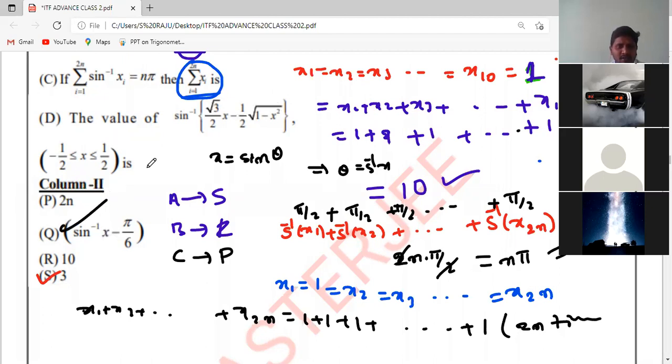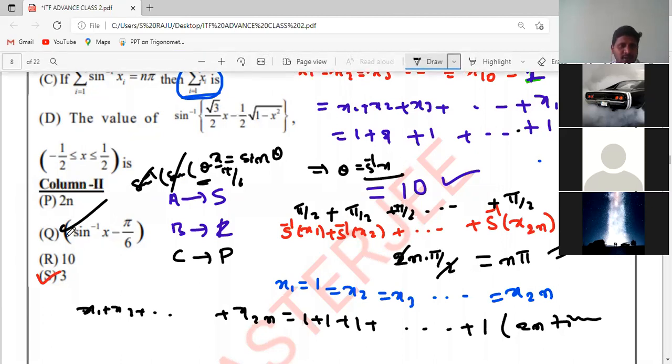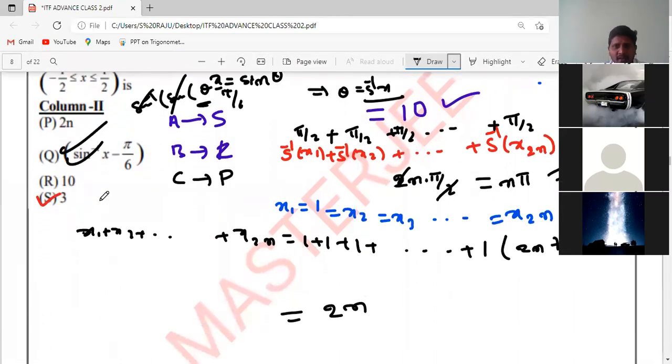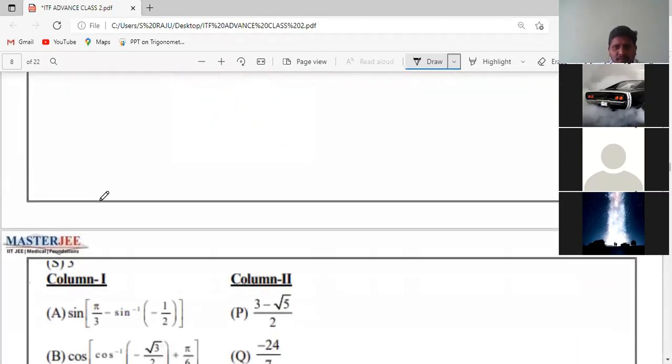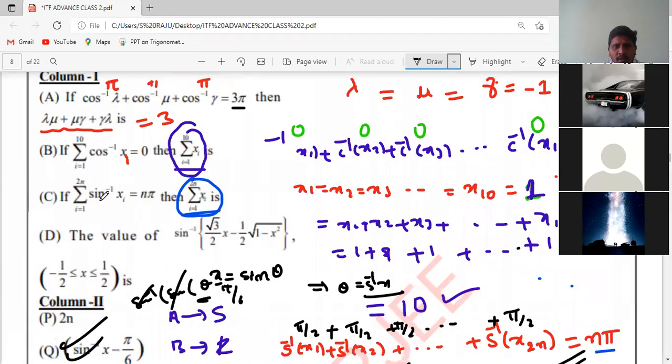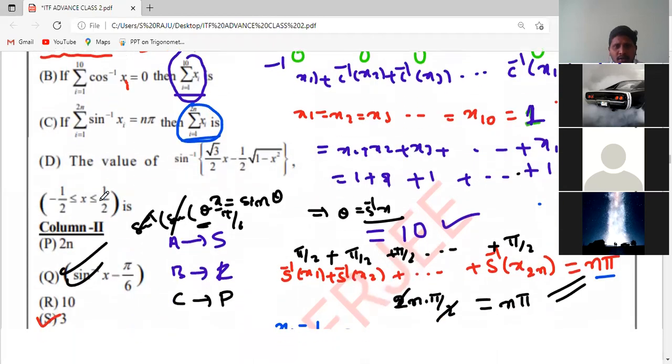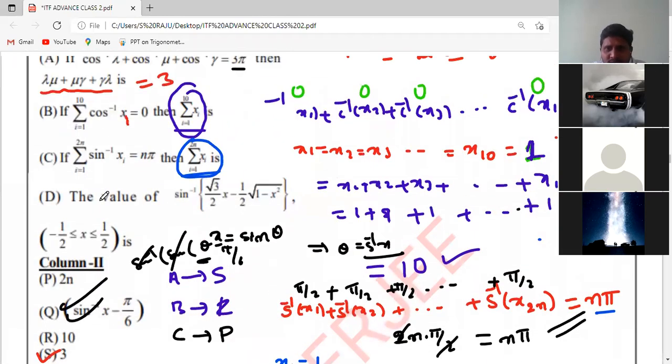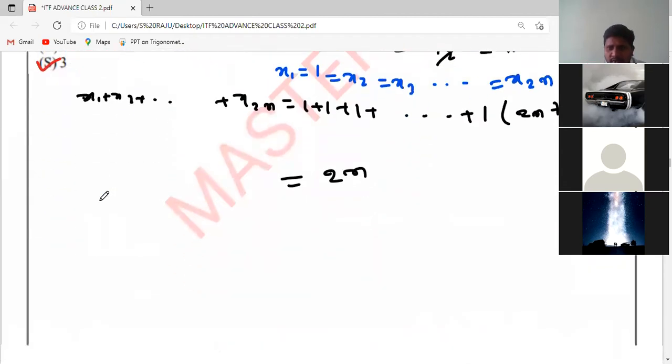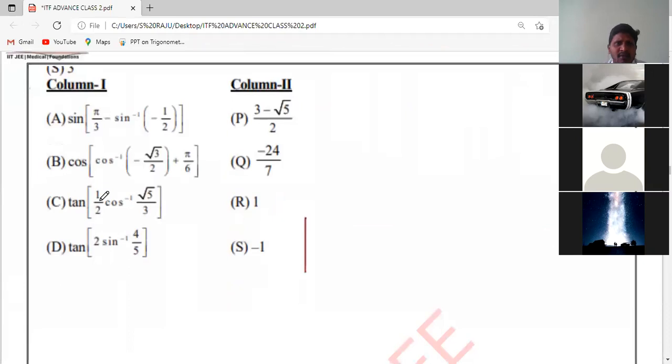So finally we'll get sine inverse of sine of theta minus pi by 6, so directly we'll get the theta value. Can you try that question, students? Can you do that? Okay, you can try that. Any doubts in this question? It's a logical question, right? This kind of question they'll ask, as we can see in previous questions also. So here indirectly we are solving 4 questions. Am I right?